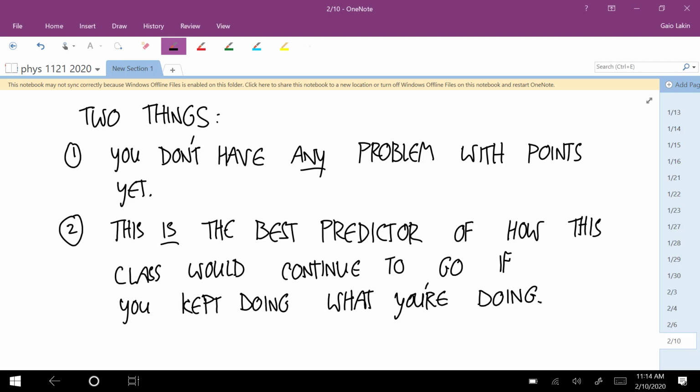That's all. Nobody is in danger of failing because of points, but there are people who need to be conscious about how they're going to get back on the right track before points start to be important. You know what I mean? Anybody have any questions about that? About how the exam went, or what it means, or office hours, or anything like that?